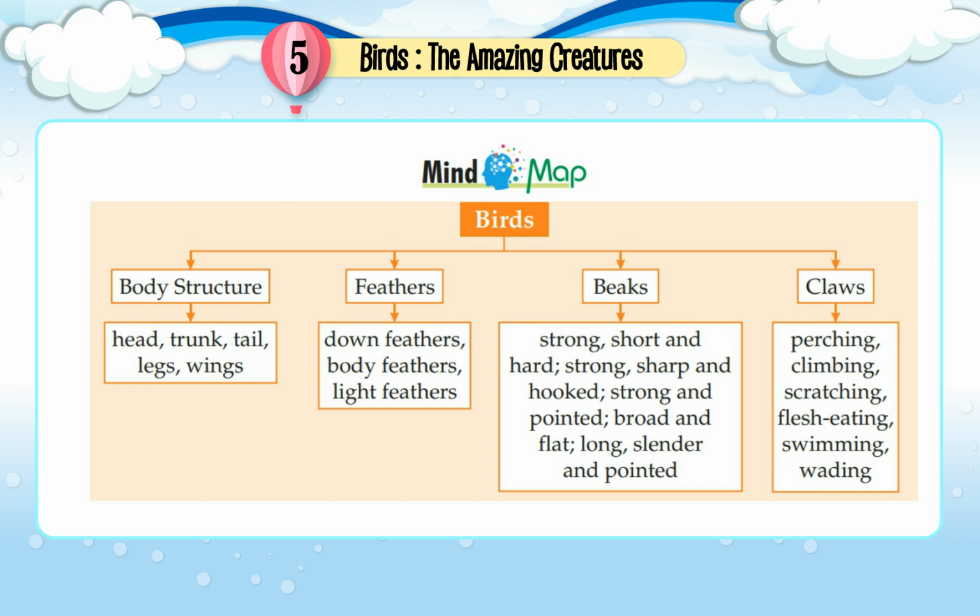Mind map. Birds. Body structure consists of head, trunk, tail, legs, wings. Feathers are of different types: down feathers, body feathers, flight feathers. Beaks are strong, short and hard; strong, sharp and hooked; strong and pointed; broad and flat; long, slender and pointed. Claws could be perching, climbing, scratching, flesh-eating, swimming,